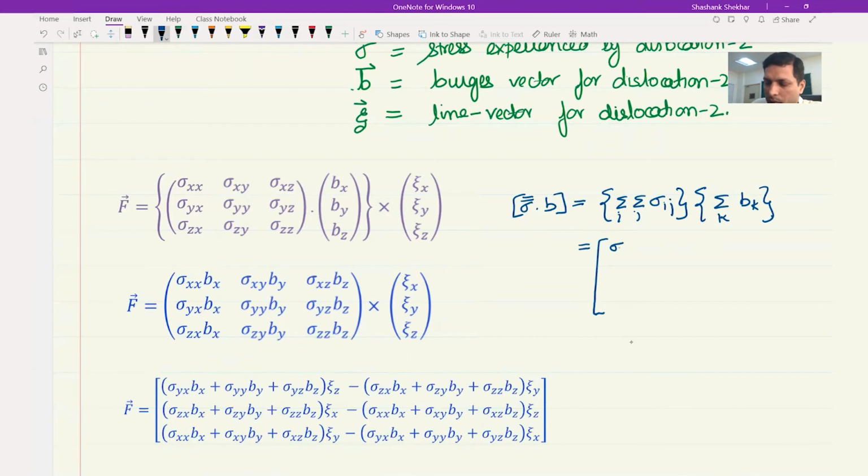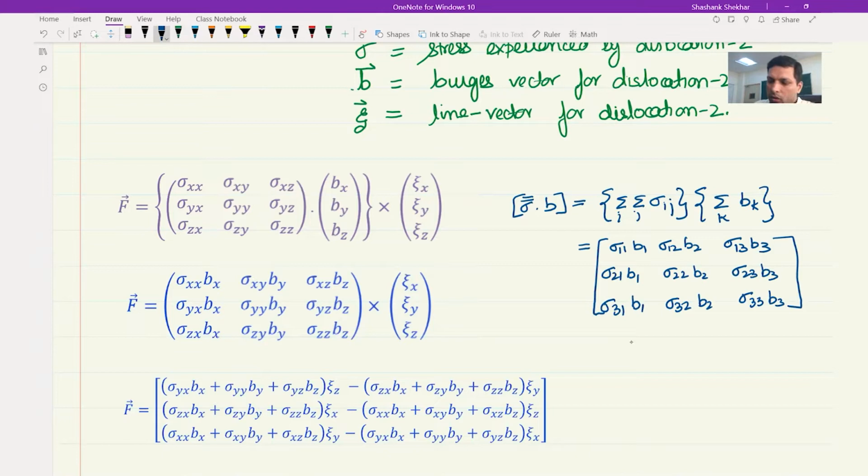So it will be sigma 11 b1, sigma 12 b2, sigma 13 b3, sigma 21 b1, sigma 22 b2, sigma 23 b3, sigma 31 b1, sigma 32 b2, sigma 33 b3. So this is sigma dot b in terms of 1, 2, 3,